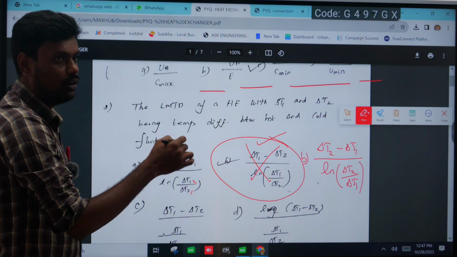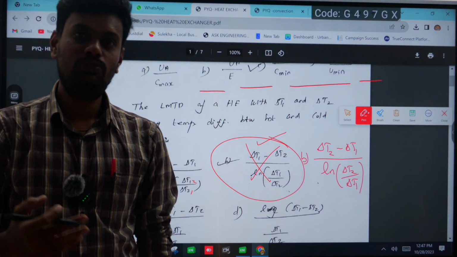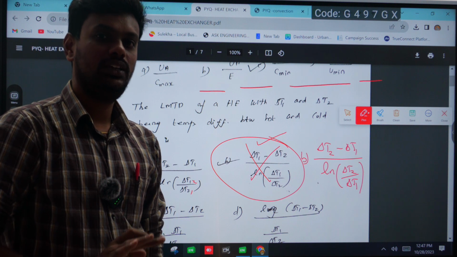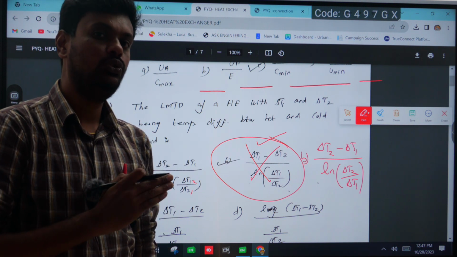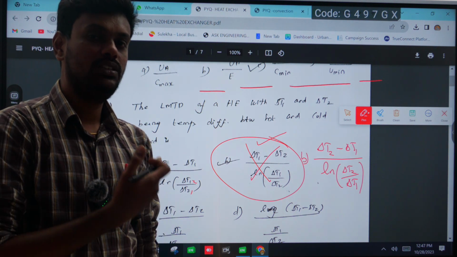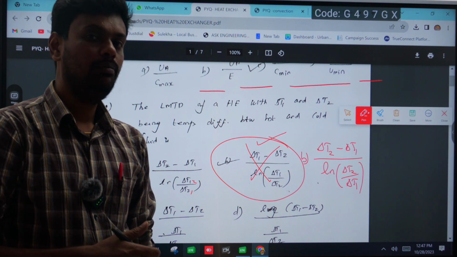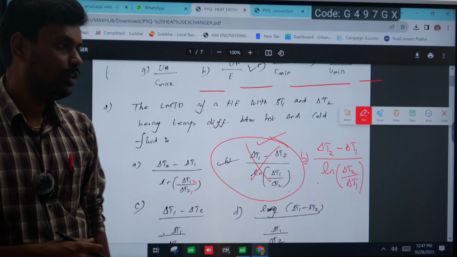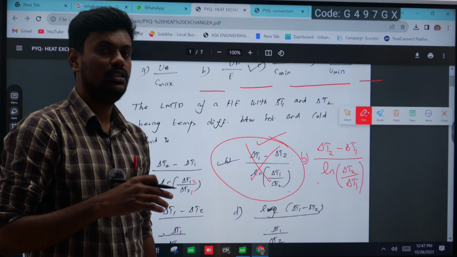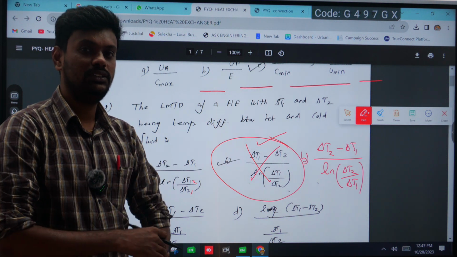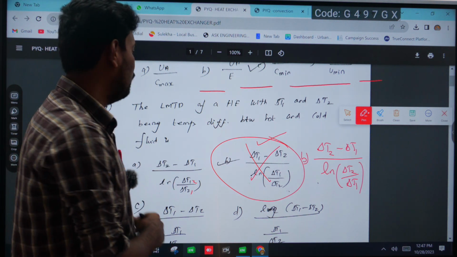Okay, so for all these problems I am solving, if you directly watch this video you will not understand anything. First you have to see the theory session about this heat exchanger, then you come to the problem solving session. The students who watched the theory session will easily understand what I am trying to mean. Okay, next,